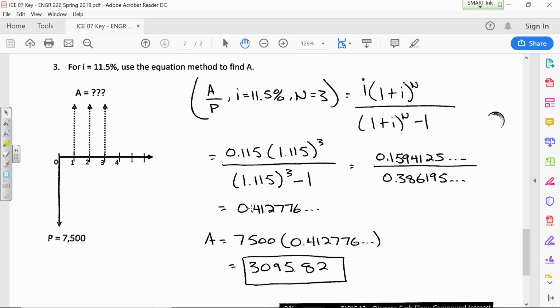And so then I've got this factor that I've calculated, precision continues. And then this one can be expressed to the nearest penny. Did anybody get that same number for problem 3? I kind of threw this together at the last minute, this third problem, so I'm glad we got the same answer.